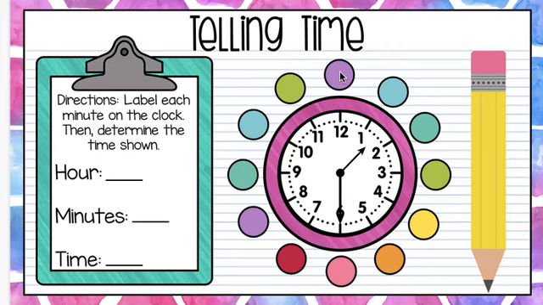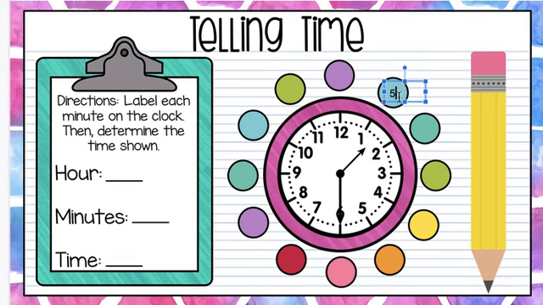If we were to label the minutes on this clock, remember for minutes, we skip count by 5 all the way around. The biggest mistake that students make is they want to say 5 when their finger is right here on the 12. But we don't actually start counting until our finger touches the 1. So this would be 5, 10, count with me, 15,